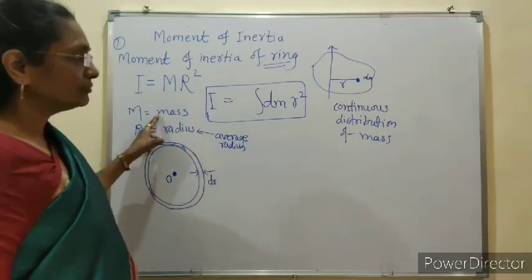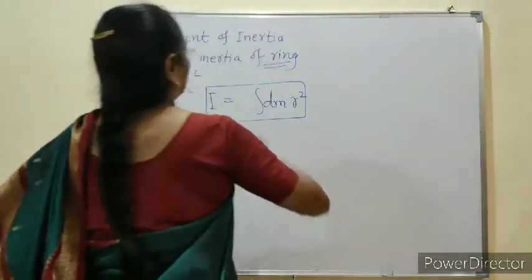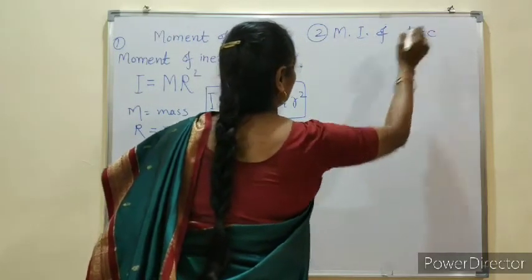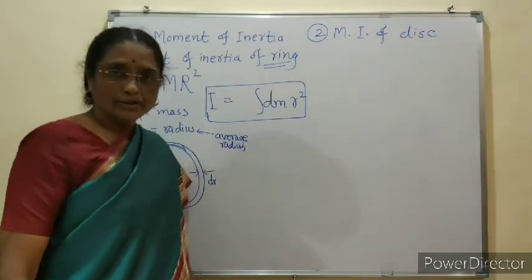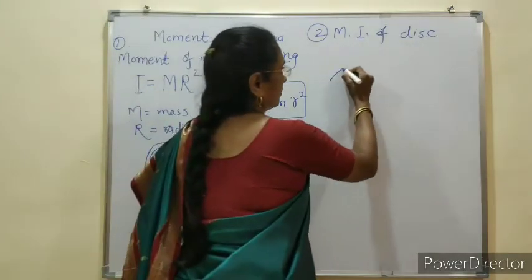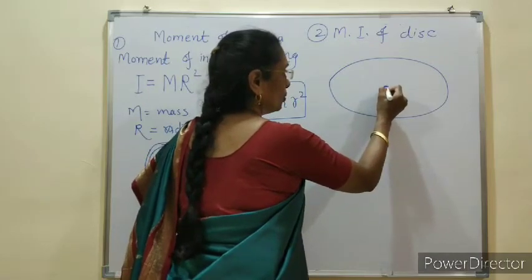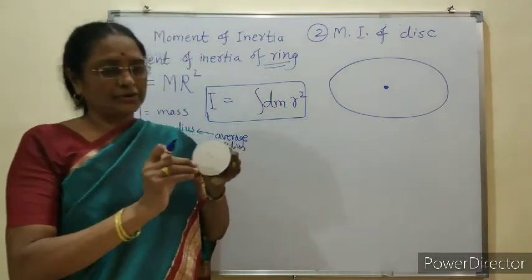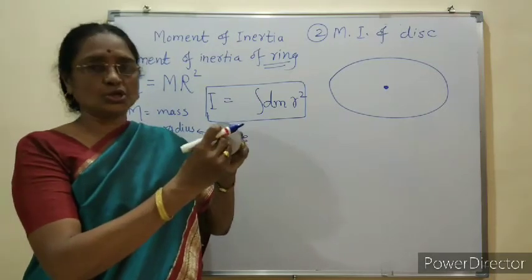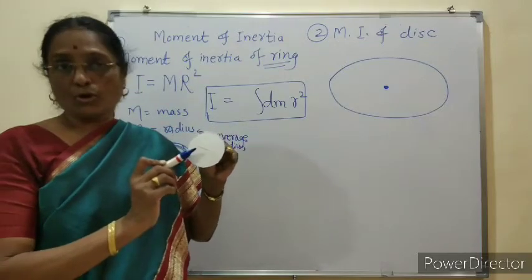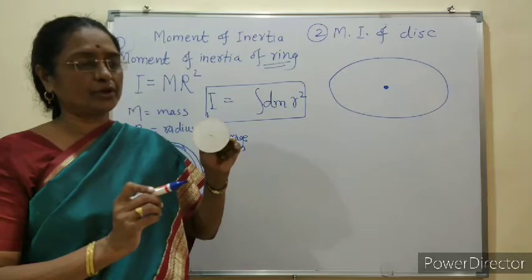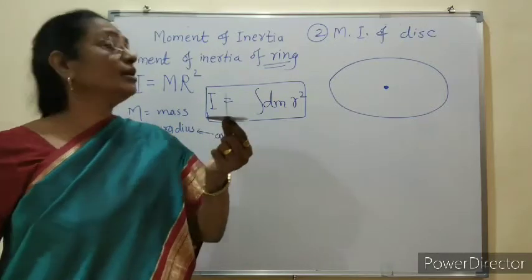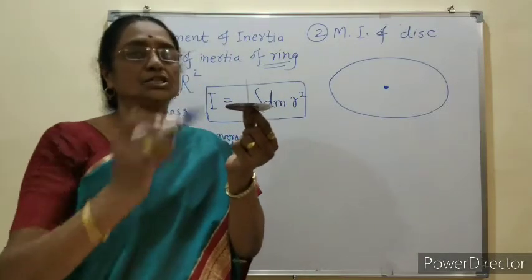Now we will study or derive moment of inertia of a disk. For that, we consider the disk and show it in horizontal plane. So I will show here a disk like this. If it is held in vertical plane, its axis is horizontal. This axis is also its own axis, means passing through center and perpendicular to plane of this. This can be rotated in clockwise or anti-clockwise direction like this. It can be held in horizontal plane. I have shown it in horizontal plane, and the axis is vertical,